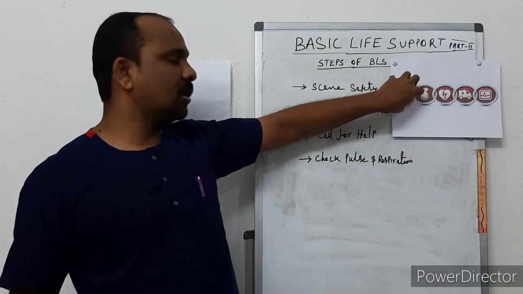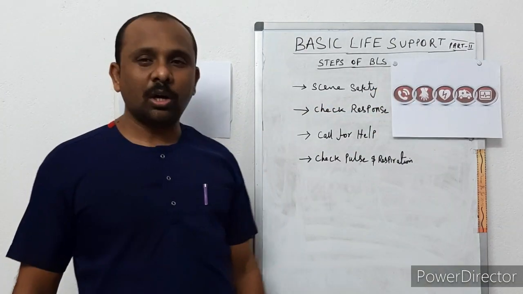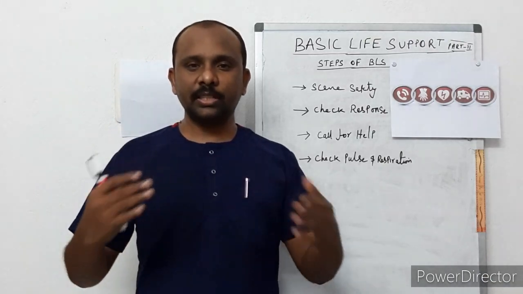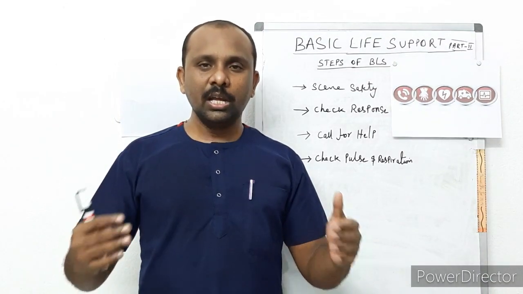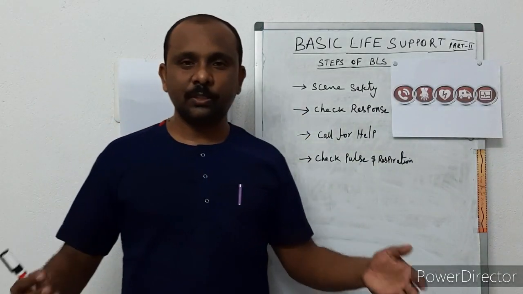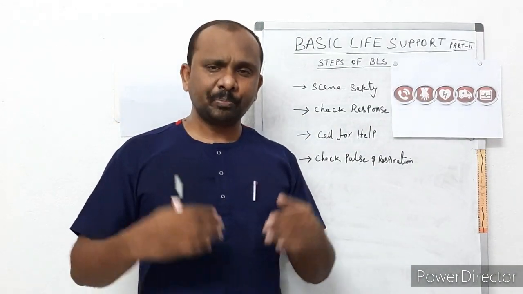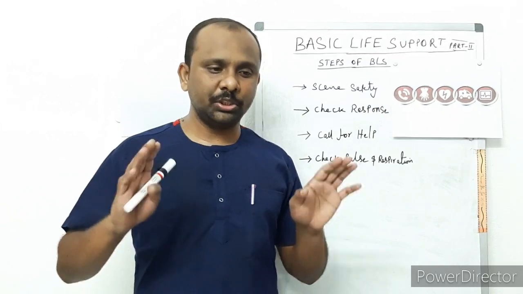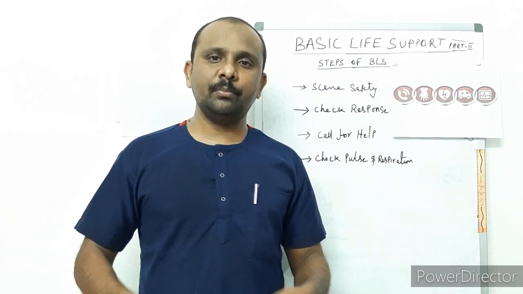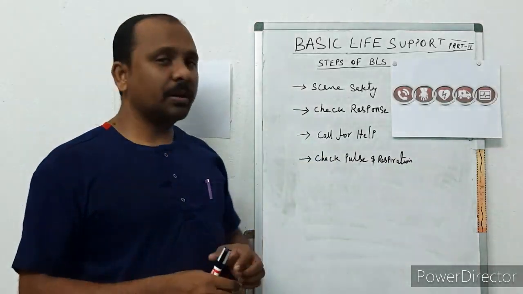Okay, so these are all the sequences of action you have to do in recognizing the cardiac arrest and calling for help, right? What are all the things we have to check? Scene safety, right? Whether the scene is safe or not before entering into the resuscitation. Then go ahead and check the response. So how to check the response? Tap and shout over the shoulder, asking are you okay, or if you know the name, call by the name, right?